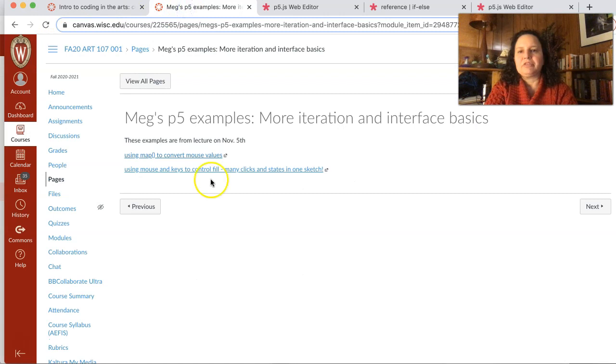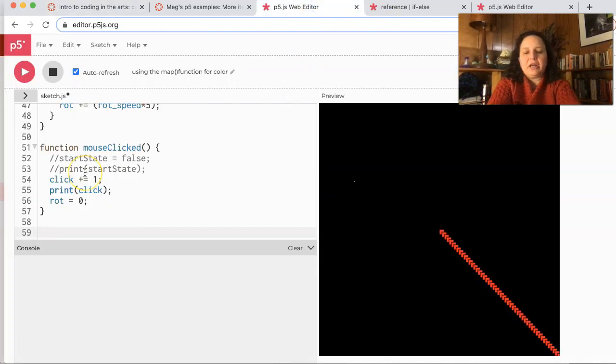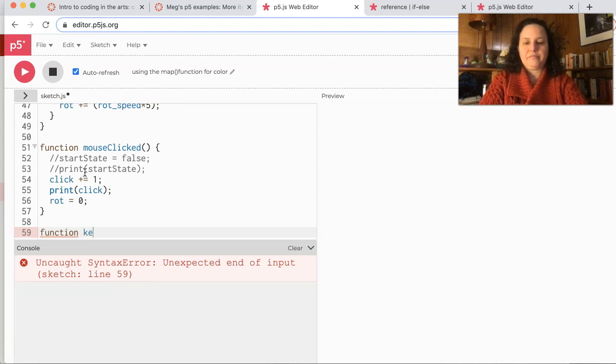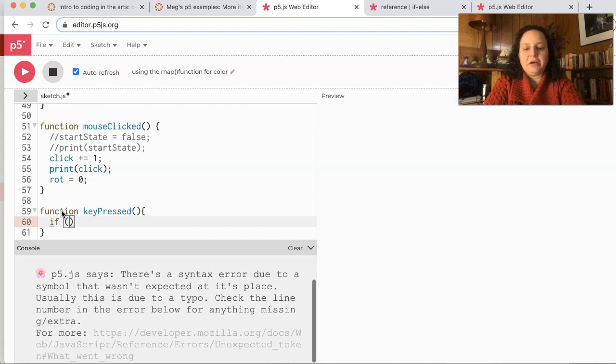I'm going to grab something from the PowerPoint. And that is, we're going to be using key pressed and the key code. So let me just type in here a key pressed. So we need the word function first. And then we're going to open it up. And so now we have this key press thing where we can type pretty much anything. So what I'm going to do is write an if statement to detect which key we're pressing. So I'm going to say if key code